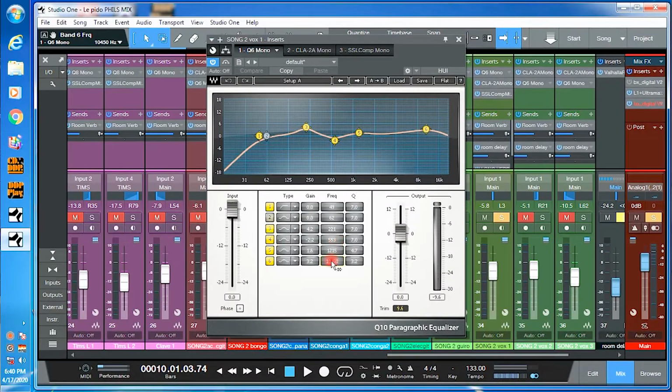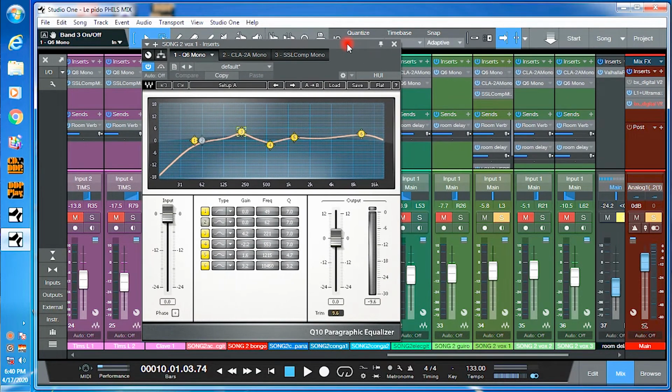So I'm up here at about 10K, adding a little bit of air is a pretty broad scope. And then I pulled out some mids here, maybe some of the room. And then this number 3 is set to 221. So this is going to be adding some warmth. So let me just solo the vocal, and I'll take the EQ in and out so you can